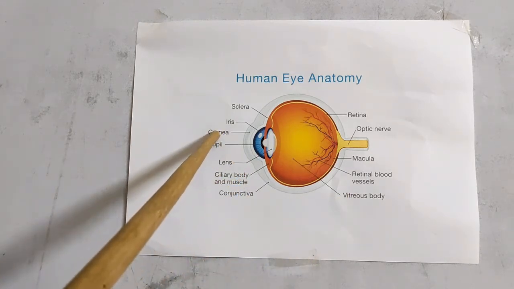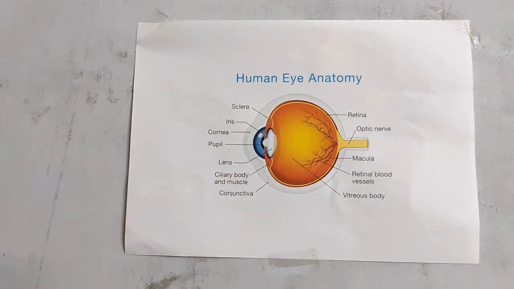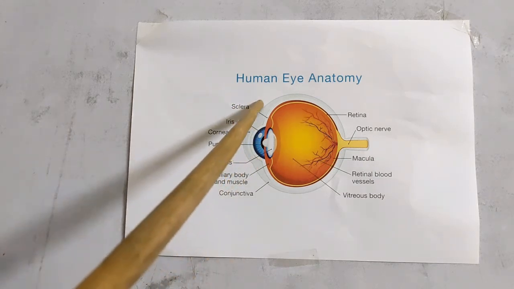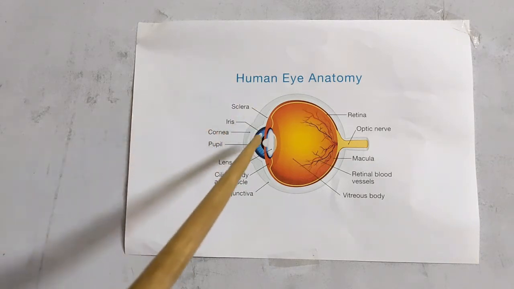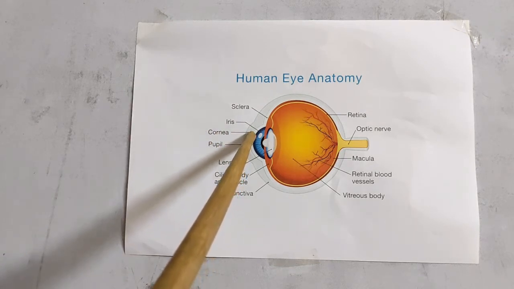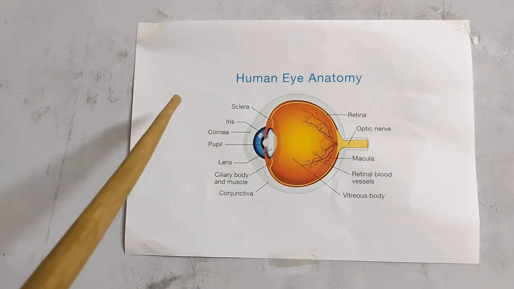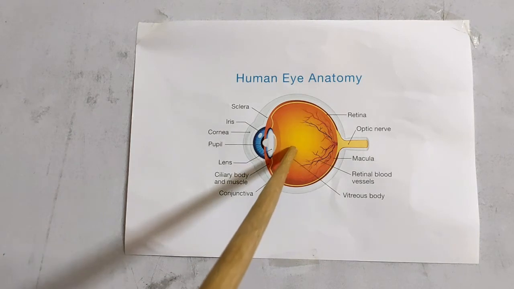First, cornea. The cornea is the outermost transparent part of an eye that provides most of the refraction of the light, not reflection, refraction. You can see here, this is the most bulged part. Yes, that is the cornea, which is a transparent part. The cornea refracts 95% of the light entering the eye and sends it inside, right?